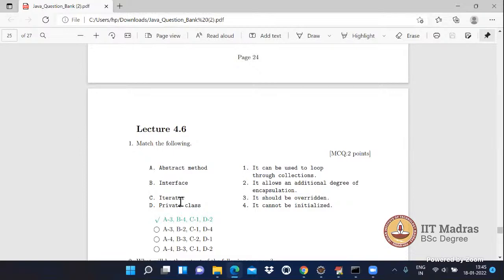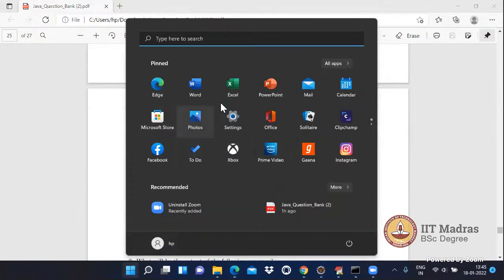Sir already explained this iterator in the lecture. We have the hasNext method and the next method. First, we have to check whether an element is in the collection object or not. If it is available in the next location of the collection object, it will return true. Then we get that element. One second, for example,